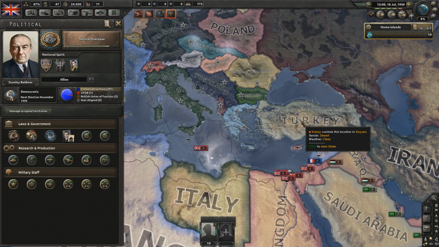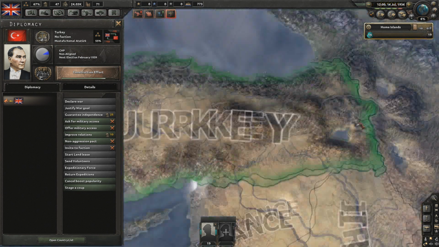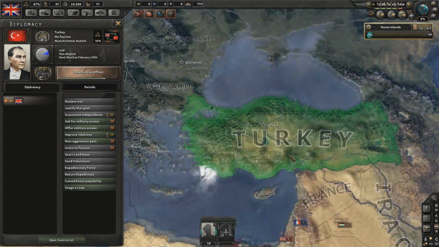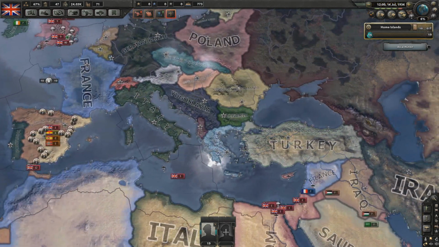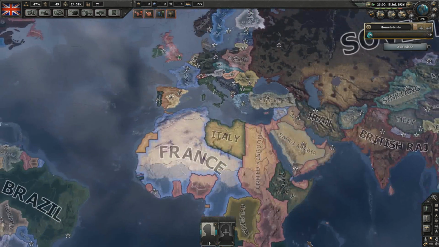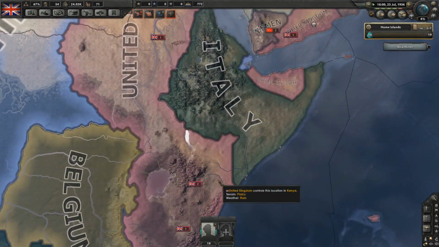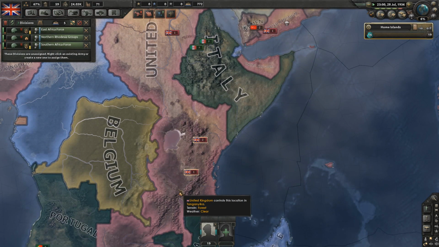But Turkey, we can definitely sign lend-leases with them and try to turn them into a democracy. Mustafa Kemal Ataturk is at the helm of it. He is actually the first president and founder of Turkey. So we are definitely going to be watching over Turkish relations soon. Other beneficial allies, we actually have a huge front line that is being held by the